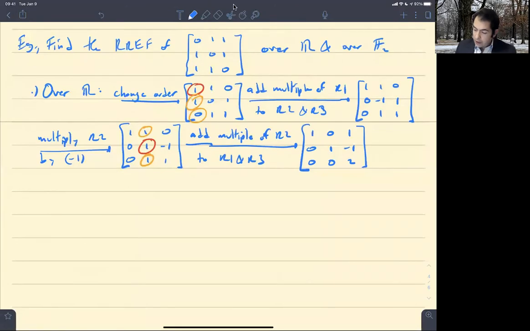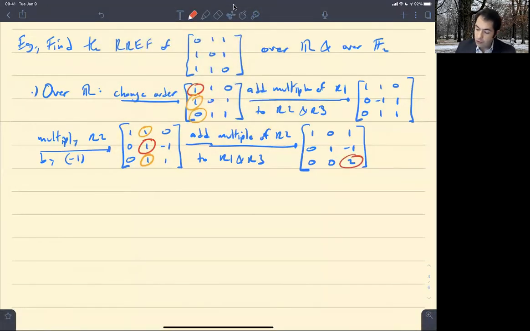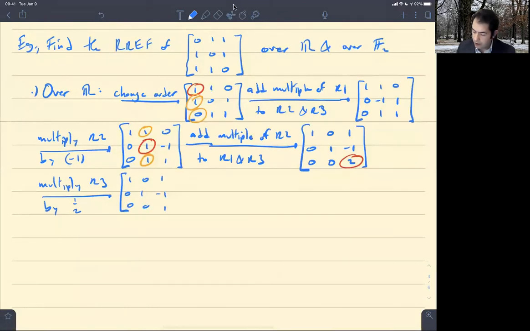Okay, so now I look at the third row. I want the first non-zero entry to be a 1. The first non-zero entry is this 2, so I will multiply row 3 by 1/2. Right, so nothing happens to the first row, nothing happens to the second row, and here I end up with 0, 0, 1. Okay, so now my pivot is a 1, just like I wanted,